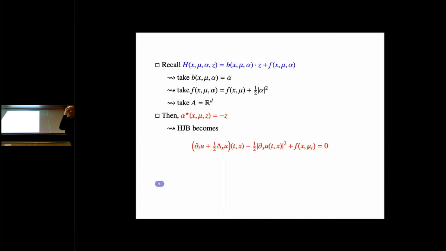But keep in mind that the cost, the source term that you have inside, depends on the state of the population. And so you have to give a boundary condition for this equation. And this is given by the terminal cost. This is how much you have to pay in the end. And so this is u of capital T that is given by g computed at mu capital T.